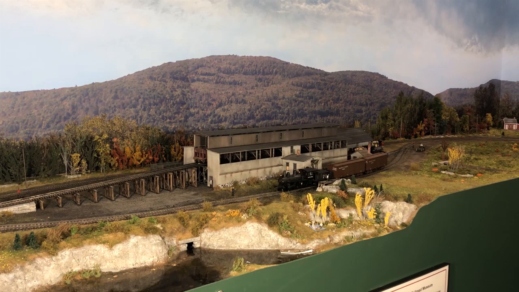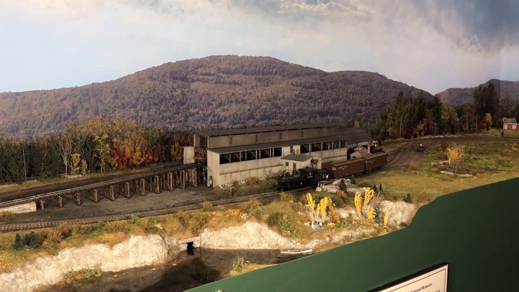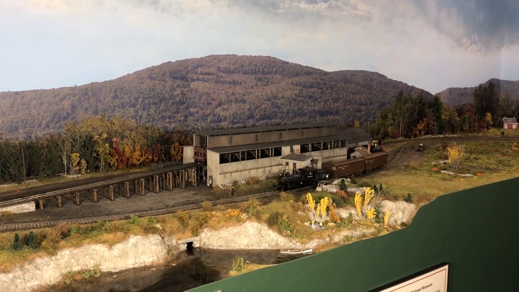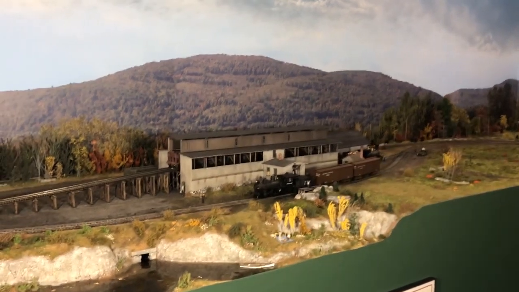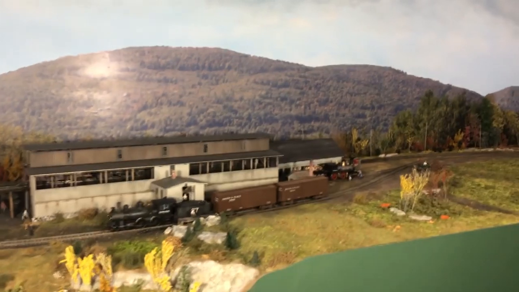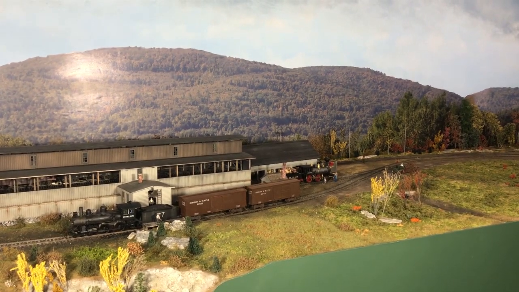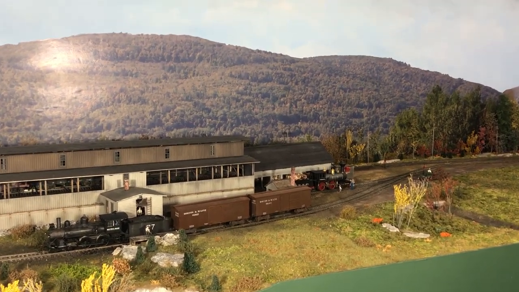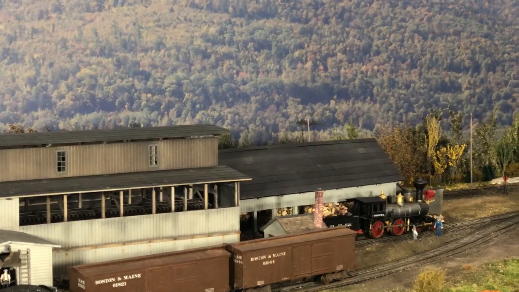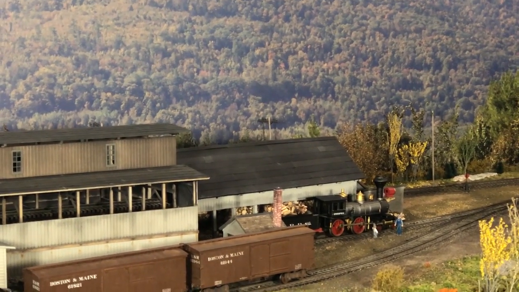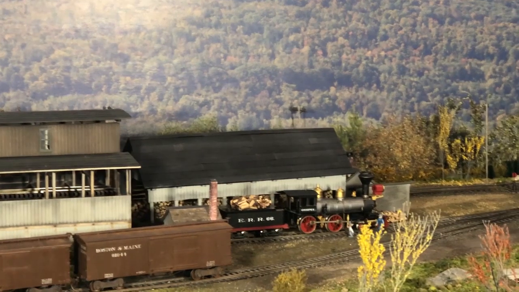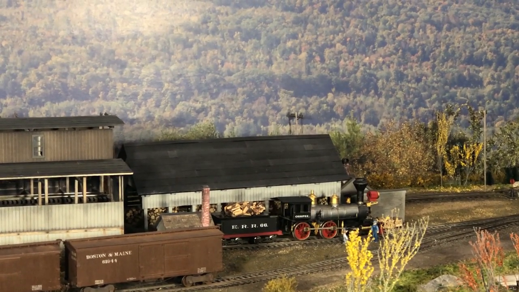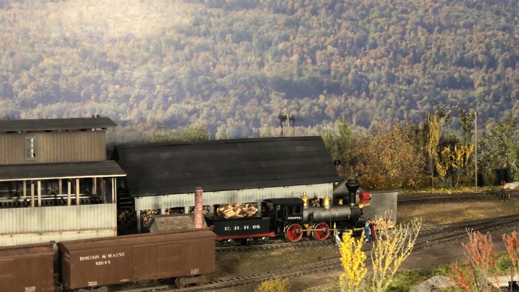Sanbornville was a division headquarters until 1911, when they had a devastating fire in the roundhouse. You can see behind the coal shed is a wood shed where we still had wood-fired locomotives. You can see out in that area, we're zooming into that locomotive is the Ossipee. It belonged to the Eastern Railroad, which was acquired by the Boston and Maine in